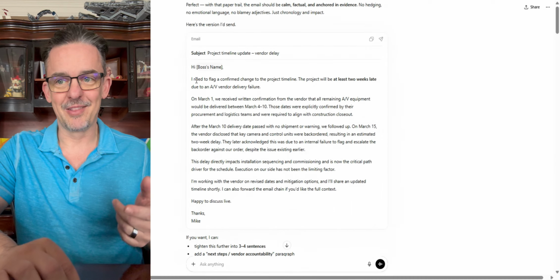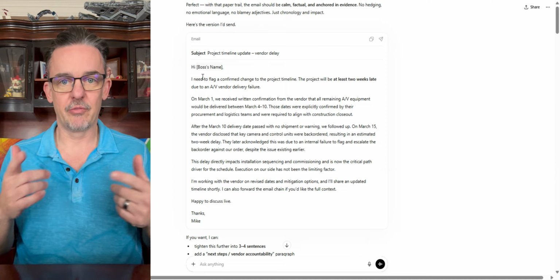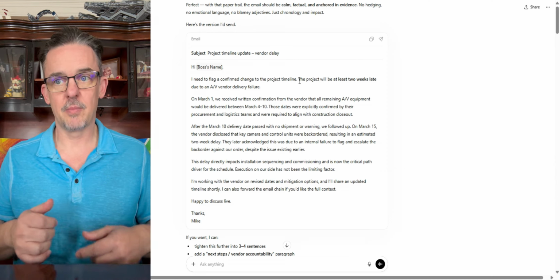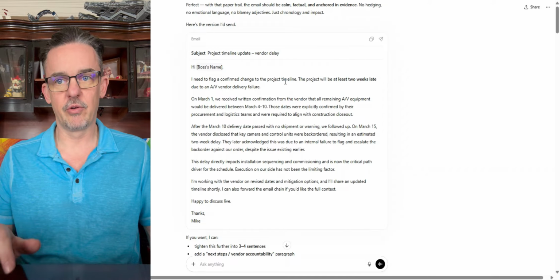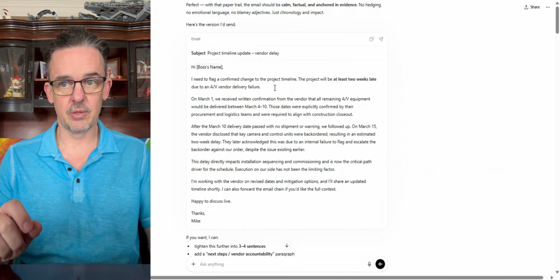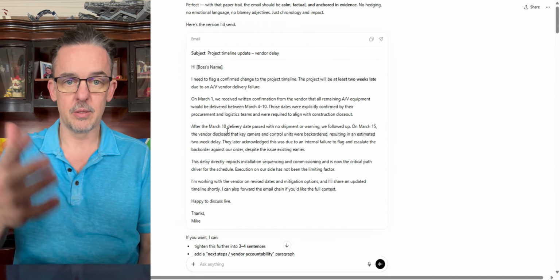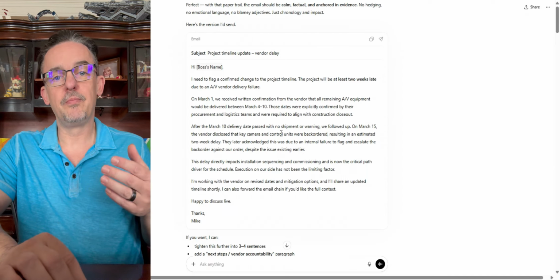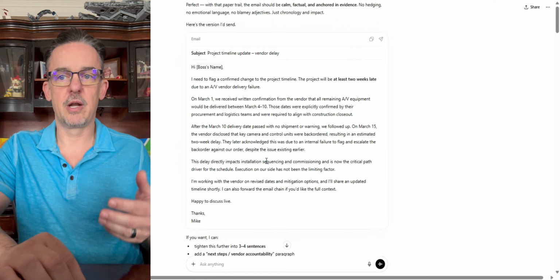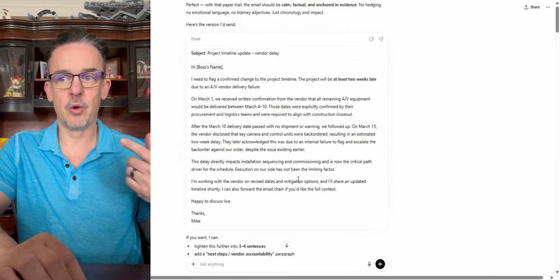So let's look at our email now that we have this richer context. I need to flag and confirm change of the project timeline. I'll be at least 2 weeks late due to an AV vendor delivery failure. We've got the dates in here that the delivery passed, and she followed up telling me that we're back ordered and so on. So this is a really helpful strategy of just going through and as you're asking AI